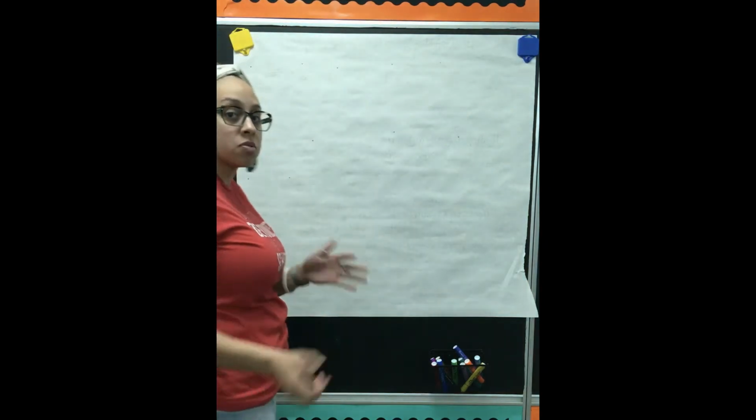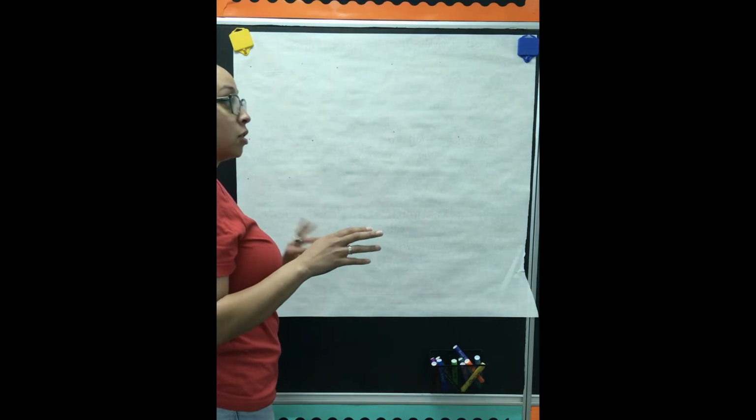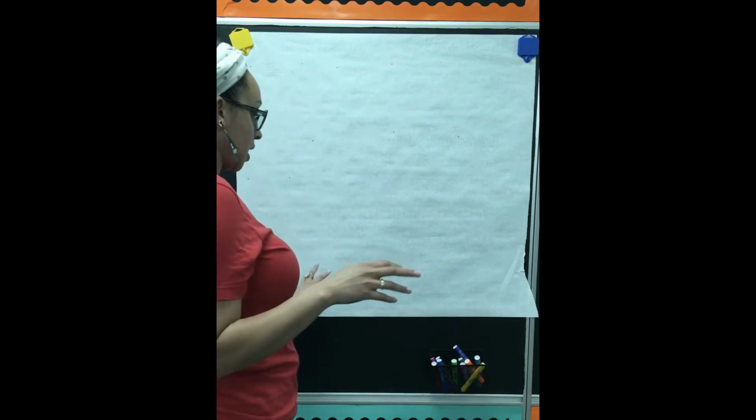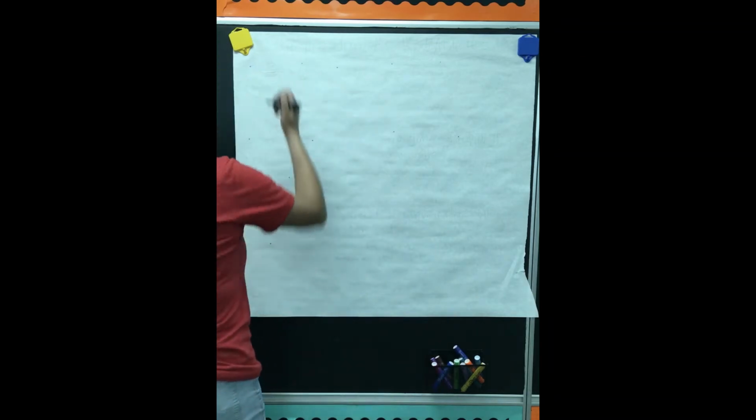Going to talk about multiplying mixed numbers by whole numbers. So we're going to take all the knowledge we have from multiplying fractions by whole numbers and apply it to what we know here. This is going to go on page 71 of your journal. On the next page, you're going to put it on the right hand side, and then we'll do some more practice problems after this anchor chart on the left hand side. So on page 71 of your journal, you're going to write